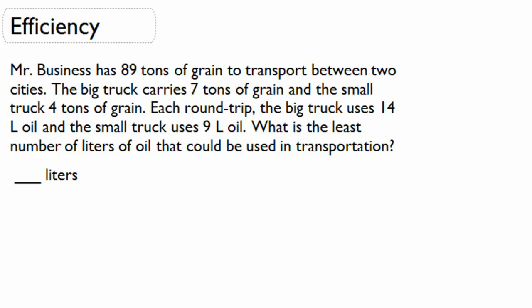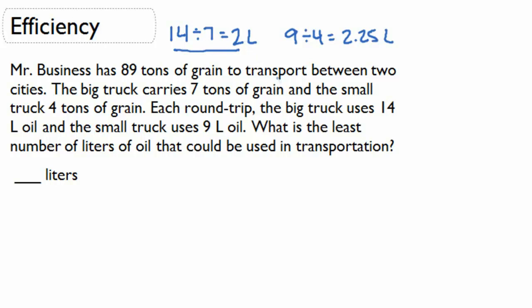If we first just compare the big truck to the little truck, we'll know that the big truck uses 14 liters and can hold 7 tons. So we do 14 divided by 7 and find out that we use 2 liters for each 1 ton of grain. And if we look at the small truck, we have 9 divided by 4, which is equal to 2.25 liters per 1 ton of grain. This means that we want to use our big truck as much as possible since we use fewer liters per